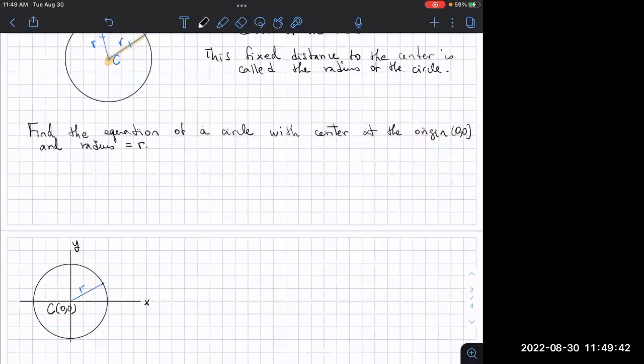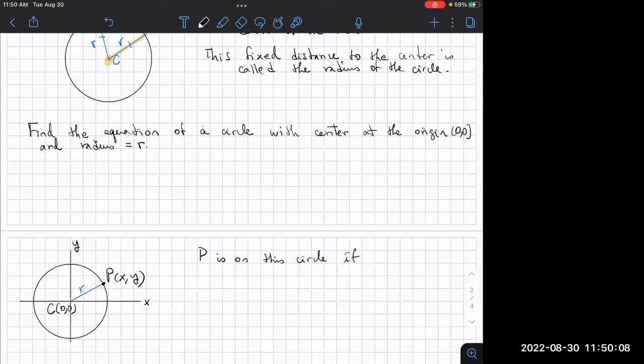If P is a point on the circle with coordinates x, y, the question is, what are the conditions for x, y so that the point is on the circle? The condition is that the distance to the center has to be r. So P is on this circle